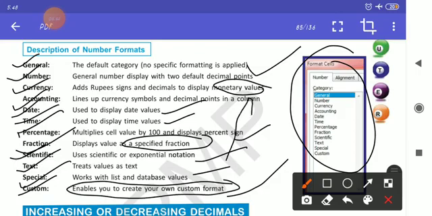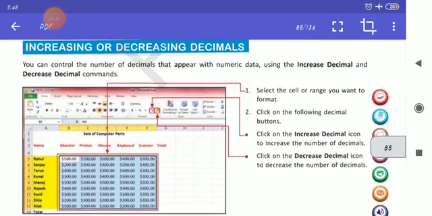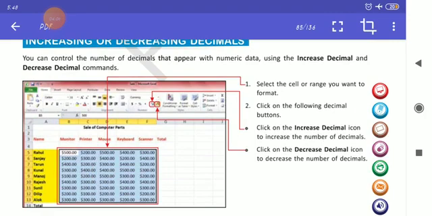Increase or decrease decimal. You can control the number of decimals that appear with numeric data using the increase decimal and decrease decimal commands. So here the option you get is how many decimal places you want to put in your number.